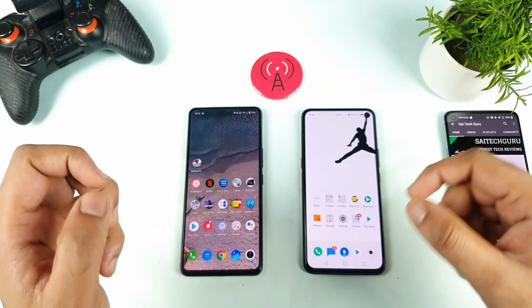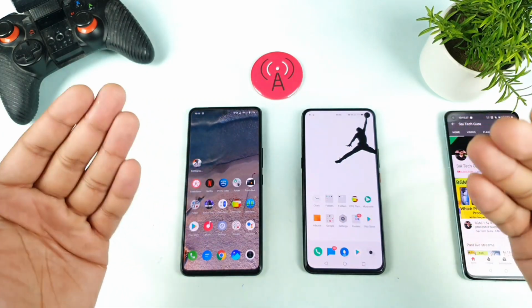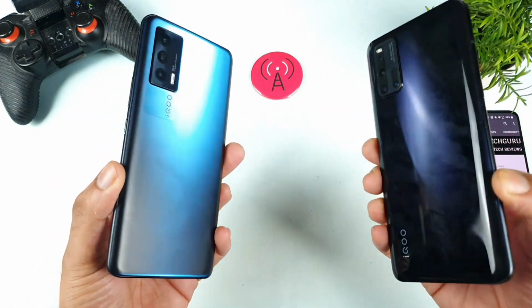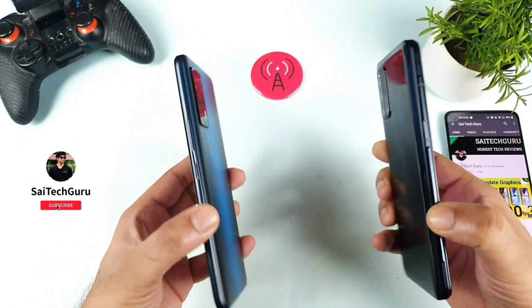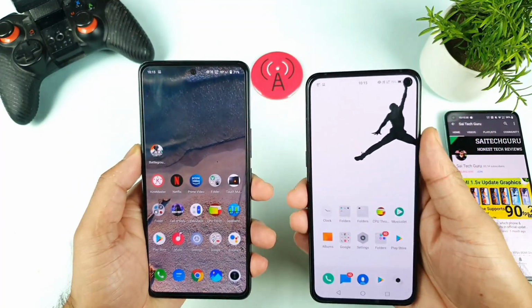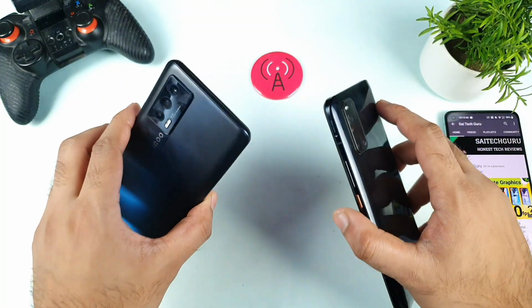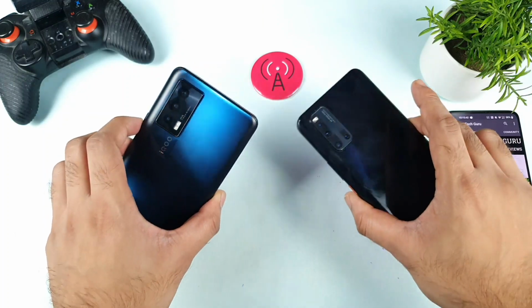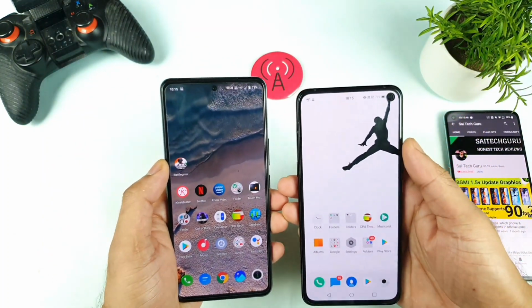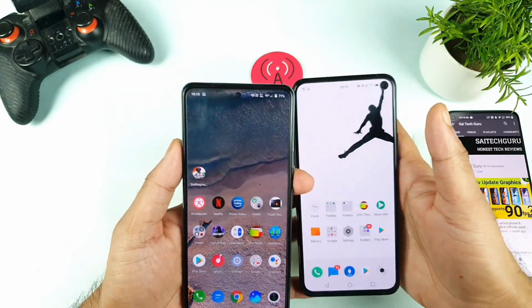In today's video, we're going to do the 4G Play Store speed test and the download test comparison between the iQOO 7 versus the iQOO 3 device. And during this demonstration, I'm trying to use a Jio SIM card. This is a test which I'm doing after the recent software updates in both phones. Yes, both phones did receive the August security patch update. Let's see what will be the difference between both phones using the same SIM card at the same location.